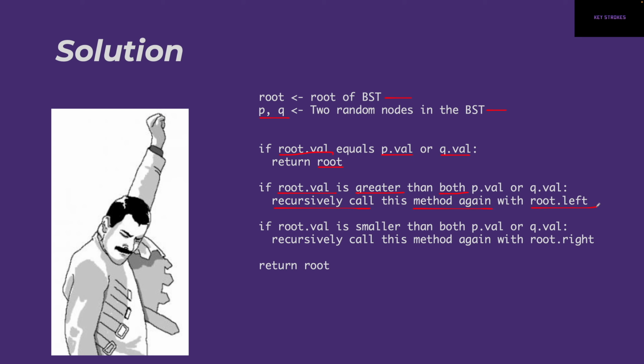the left subtree. Otherwise, if the value of the root is smaller than both p and q value, then that basically means that the lowest common ancestor is on the right subtree, and so in this case we recursively call the same method again, but this time with the right subtree. And if none of these conditions match, then basically root is the lowest common ancestor, which we can return by